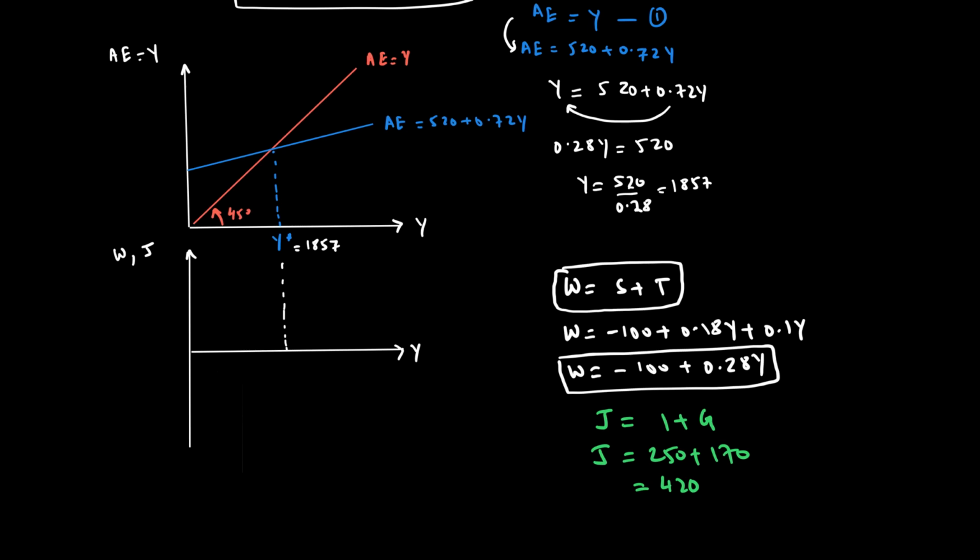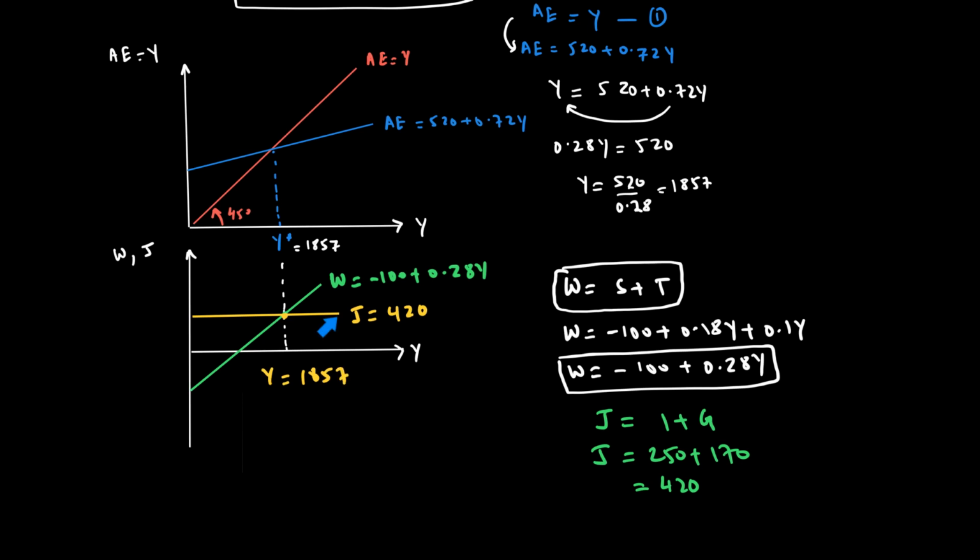W. My W is like this. My withdrawal function is, for example, like this, where withdrawal is equal to minus 100 plus 0.28y. That should equal injection J at this point. Let me draw my injections now. My injections will be like this, and my injection equation is basically 420, and the Y should be equal to